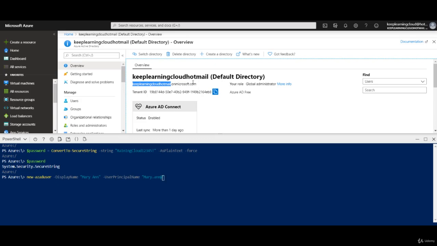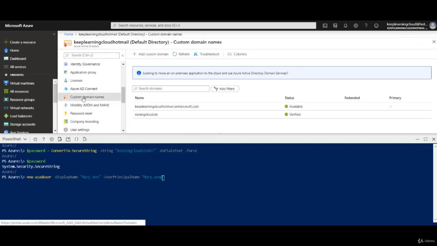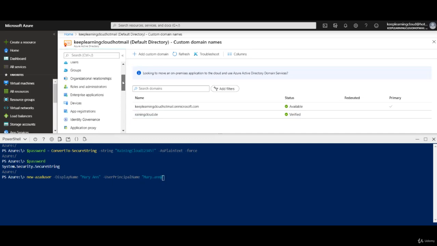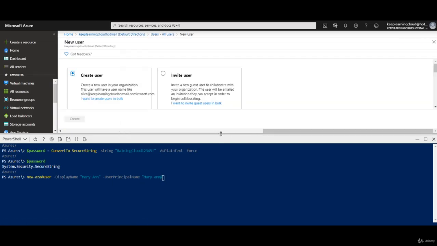.onmicrosoft.com is your default directory. But then, if you have verified any domains under custom domains, they would then also be available for you. So when creating a user account, you can use the verified domain name as a suffix for all user principal names here. It's the same case when you're creating a user account with the user interface, the concept still remains